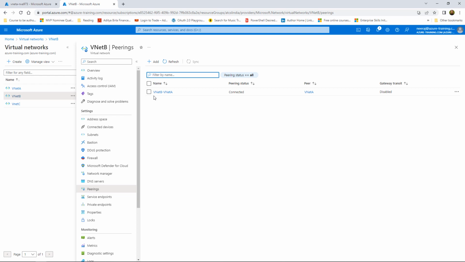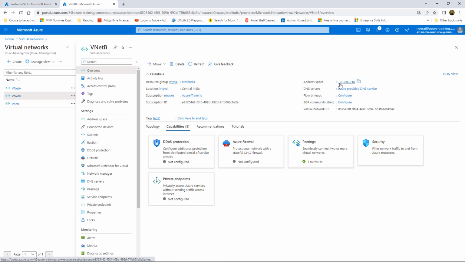In case you're not aware of how virtual network peering is done, please feel free to pause this video and go and watch the previous part of this series where I've explained in detail what virtual network peering is and how it is done. Now, if I click on the overview, it will show me the address space for this virtual network, which is